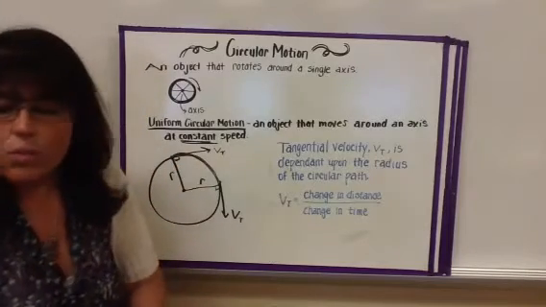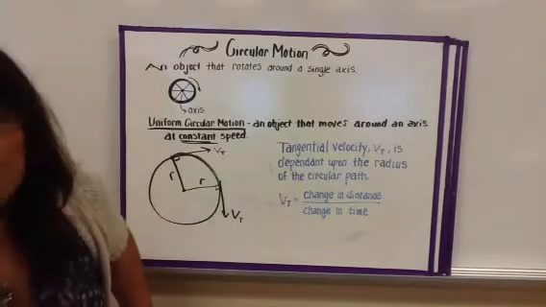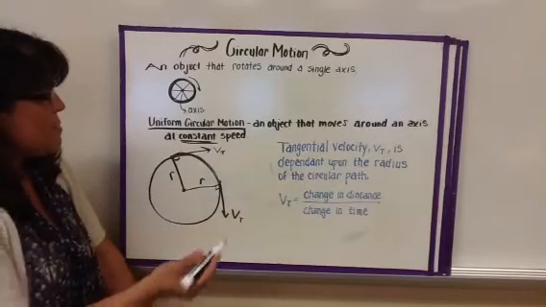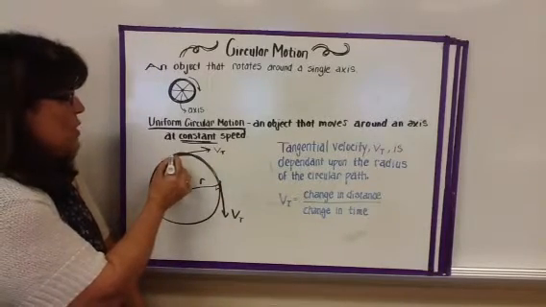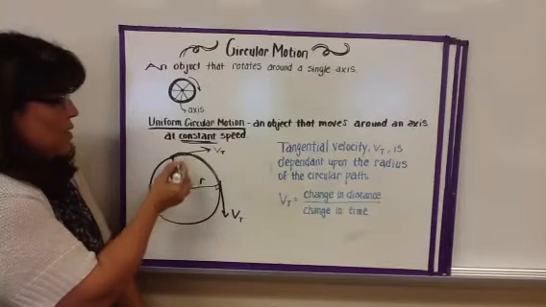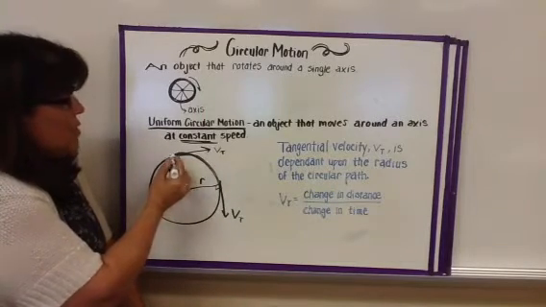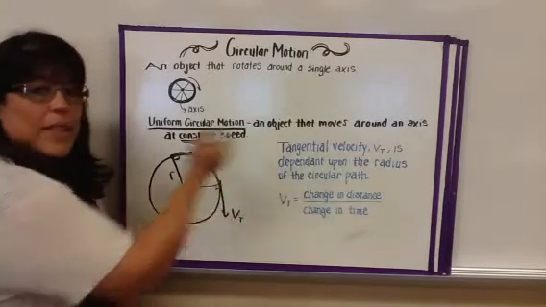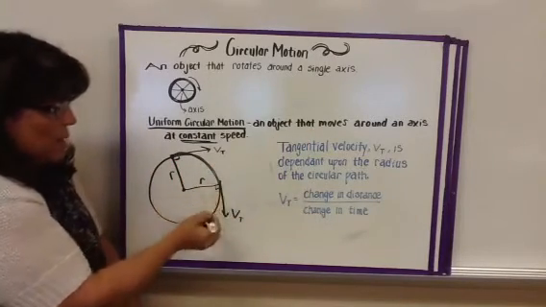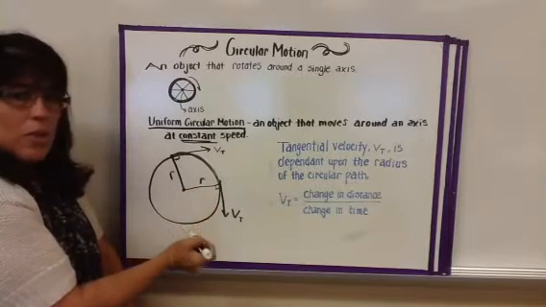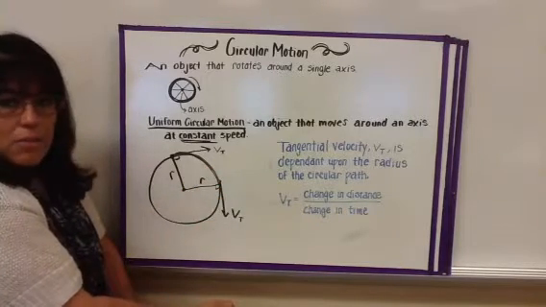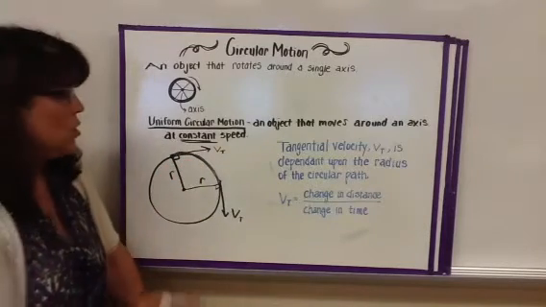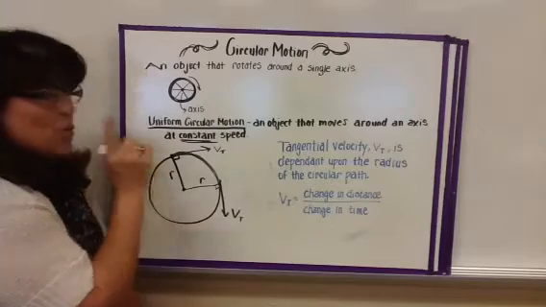Tangential. And the key word is tangential. Now tangential comes from the word tangent, and tangent comes from something that touches in only one spot and is perpendicular. So this velocity right here of the object, if we were to cut the string, it would fly off in that direction. At this point right here, if all of a sudden I were to cut the string, it would fly off in this direction. So you can see that it's perpendicular to the circle and perfectly straight and only touches in